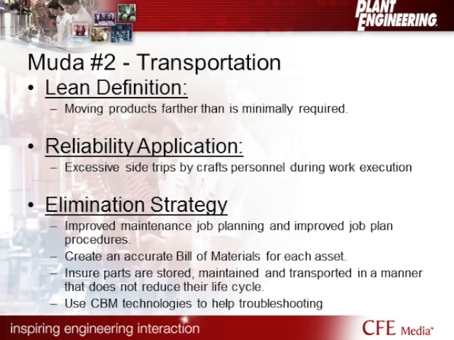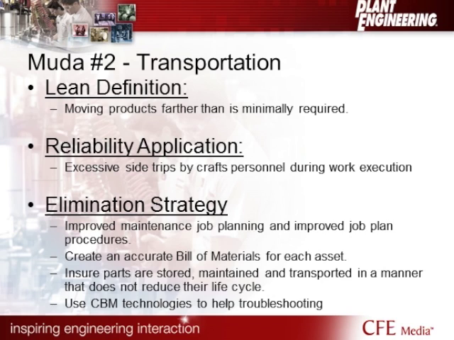So if we can improve our job plans and create good job plan procedures that have all those details, make sure that we have good bill of materials so that when we go to do the job, we have the parts that we needed from a kitted process. And kitted is all about taking specifically from the storeroom the parts that I need to execute the job, putting them in a crate or a storage area so that when they get to that job, they don't have to go back and forth to that storeroom. So we're reducing those excessive side trips and further eliminating more waste, or muda, from our system.